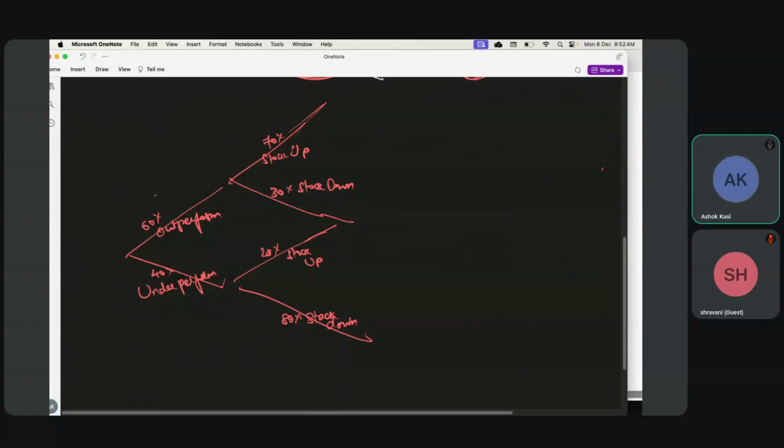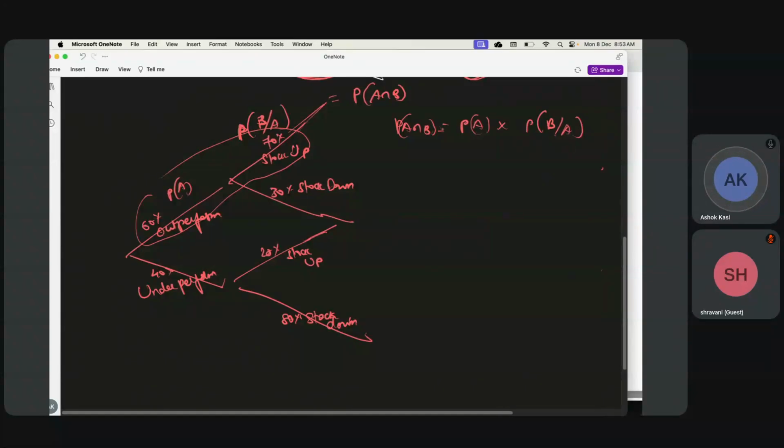Now you see the total probability. This is the probability of A and this is the probability of B given A, and this becomes the total probability of A intersection B. So the probability of A intersection B is equal to the probability of A times the probability of B given A. Now, if I make this second part, the stock going up, as the